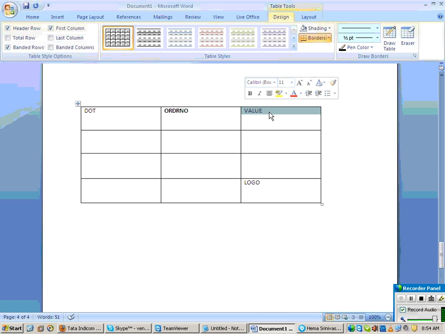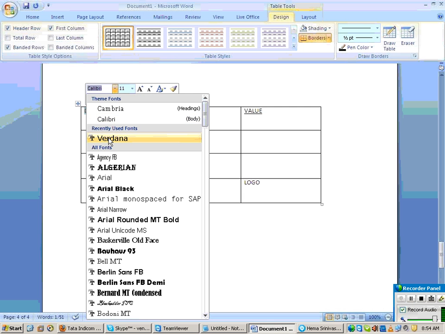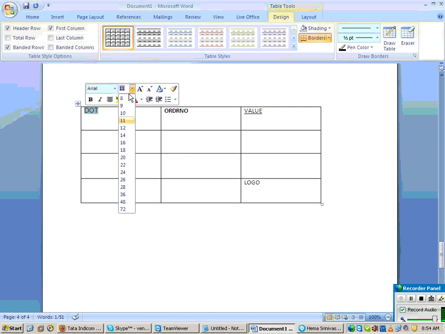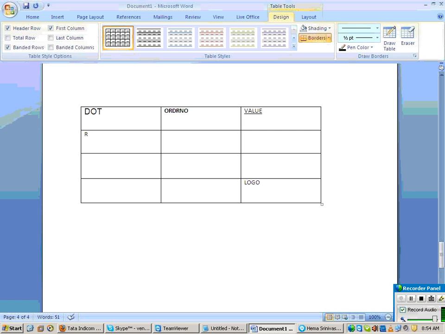Let's say its value should be underlined, the font should be Arial, the size 14, and this particular area should be red. Basically you are formatting your output, the way you want to represent it. Normally if you execute in the query designer, it shows only a simple output, but I need to format this output.